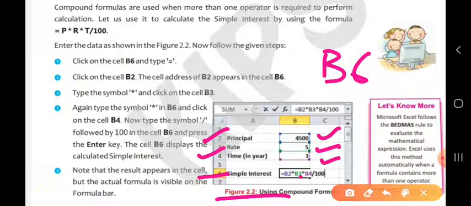Understood? Then type the symbol asterisk, click cell B3, again type the symbol asterisk in B6 and click on the cell B4. Now type the symbol division followed by 100 in the cell B6 and press the enter key. The cell B6 displays the calculated simple interest.